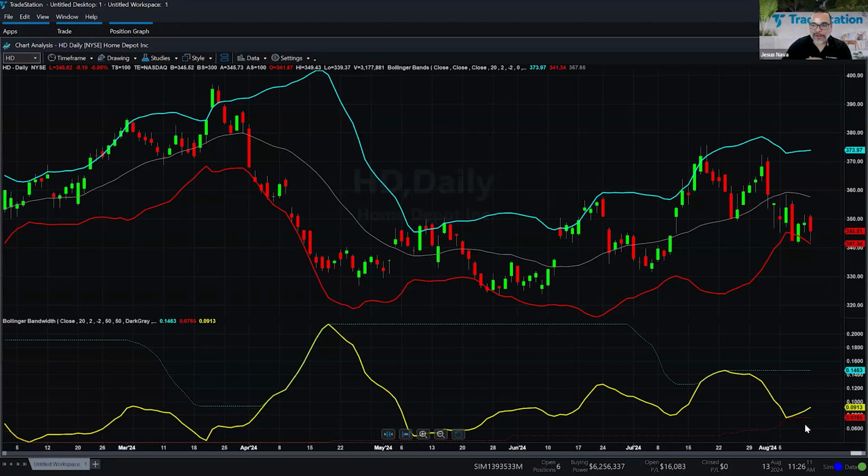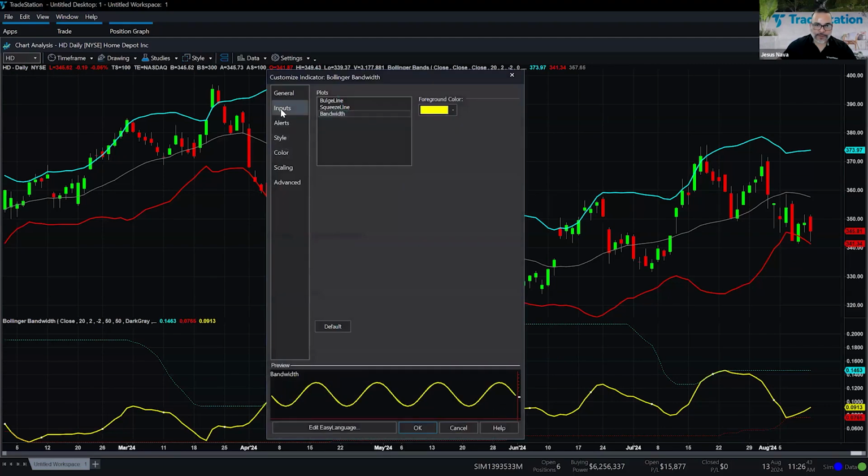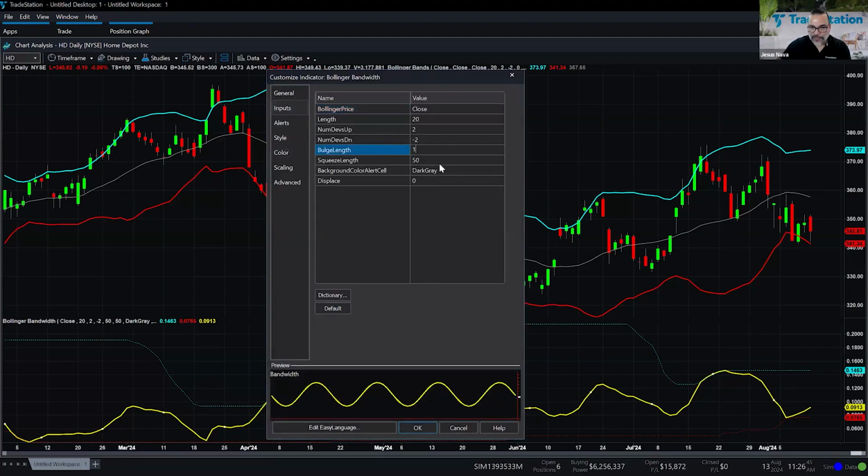So we can see how far is that, the distance between the upper and the lower band in relationship to values. Of course, the further back you look, the more significant those numbers are going to be. This is just 50 bars or 50 trading days. If, let's say, for example, that we want to increase that to 100, I'm going to double click on the indicator. So one more time, go to the inputs. And if I change that to 100,